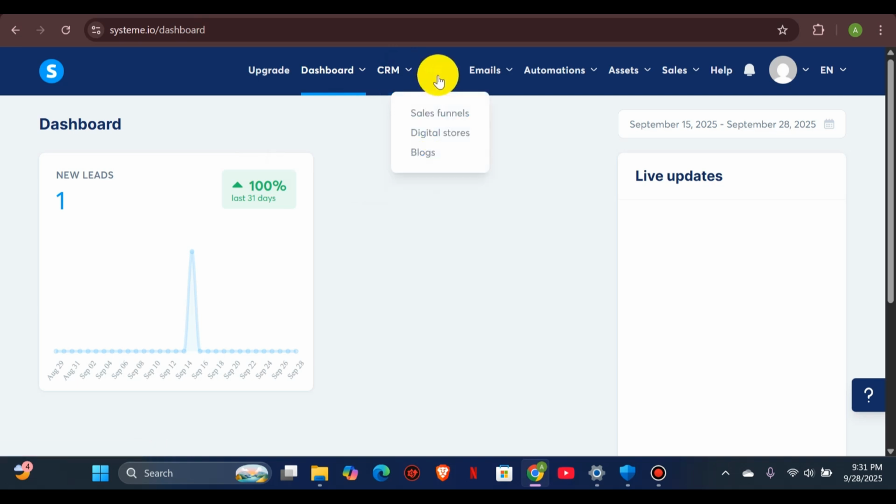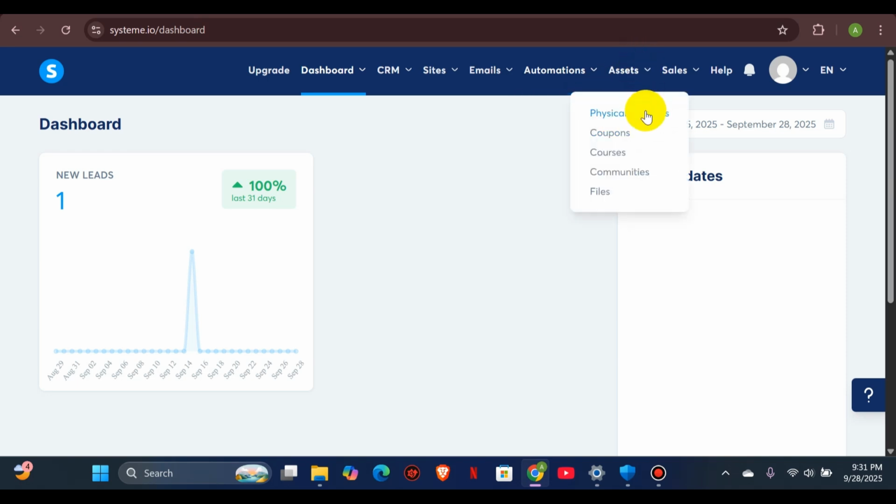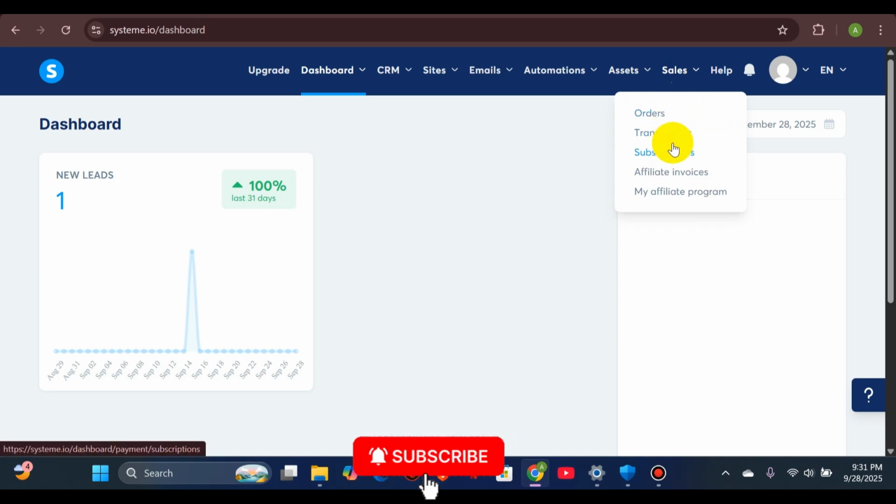You also have your sites, which include the sales funnel, the digital store, and the blogs, and the emails, which include newsletters, campaigns, statistics, and automations you build. Automations has the rules and the workflow. You also have the assets, the physical product, the coupon, courses, community, files, and then the transactions, subscriptions, and other necessary information you might need right here.